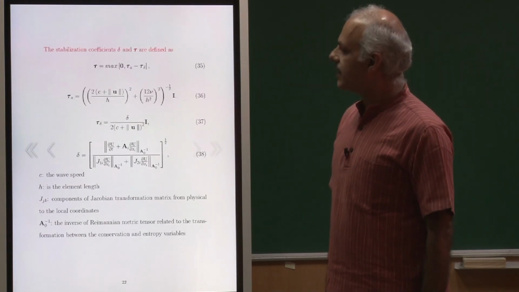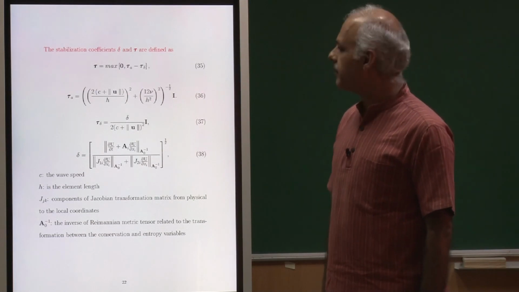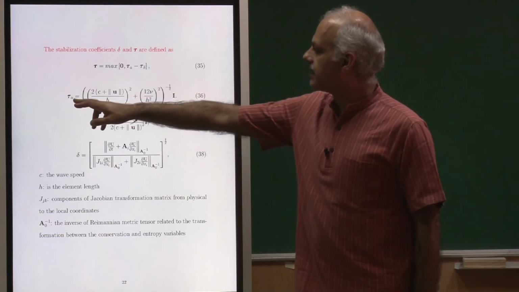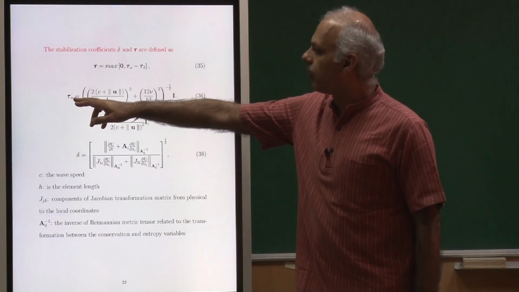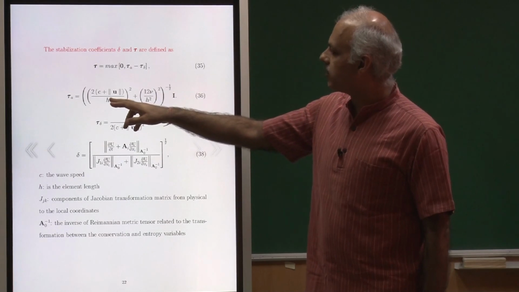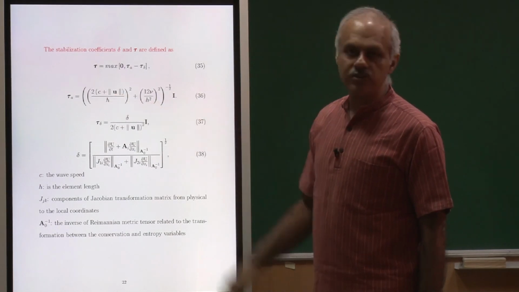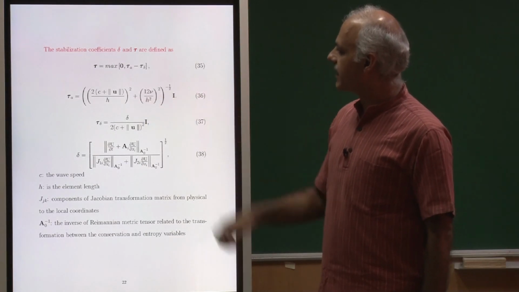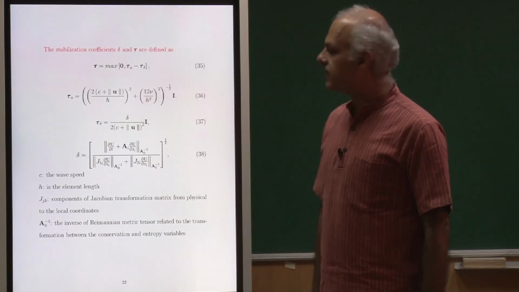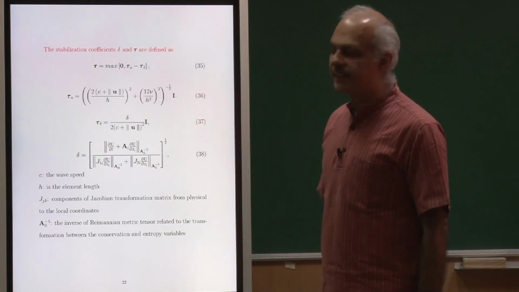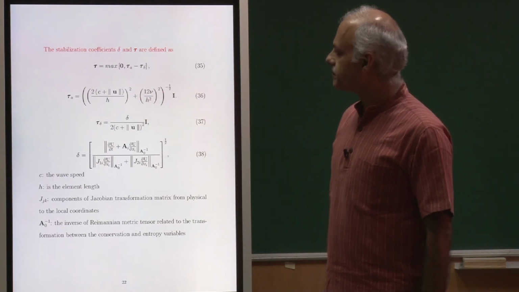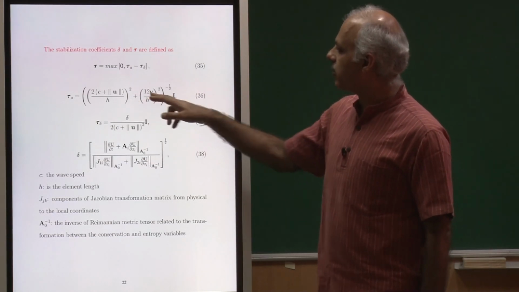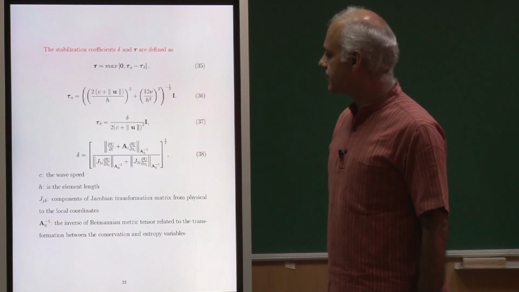So, these are the stabilization coefficients. I am not going to go in too much detail, but there is this tau which now is because of advection, and notice there is also the speed of sound that comes in along with the flow speed, and then there is a component because of the diffusion. So, this is derived from the doubly asymptotic nature of the stabilization coefficient in the limit of advection dominance and diffusion dominance.